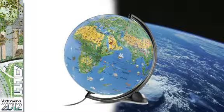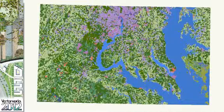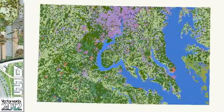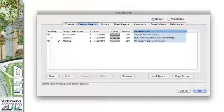The improvements to GIS and new georeferencing features allow unprecedented control of imported and exported real-world coordinate data. The first and most popular change is the ability to use real-world coordinates, latitude and longitude, directly in a Vectorworks document. This coordinate system can be set by layer, and different coordinate systems can be applied to different layers within